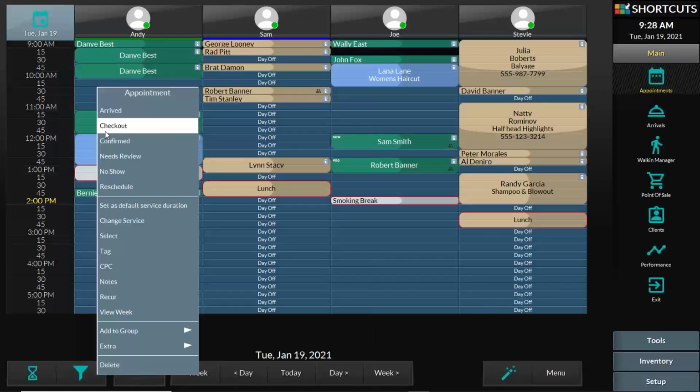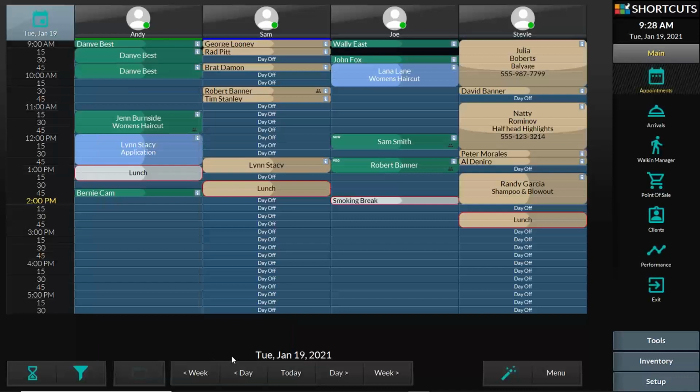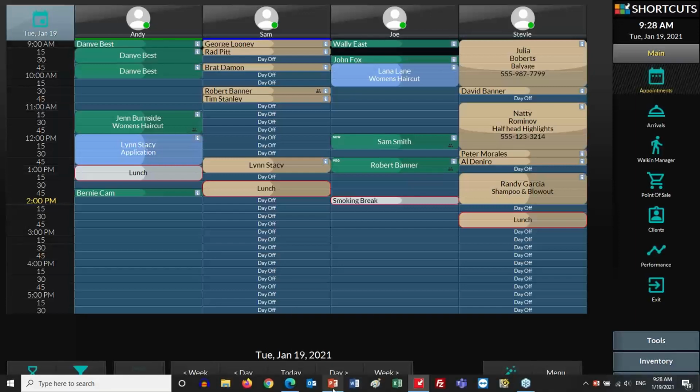And the same applies for anybody. I can add as many people as I want into this group. So this was available in version 7, but the group checkouts are a little faster in version 8, as you'll discover. Now let's go back to the presentation,